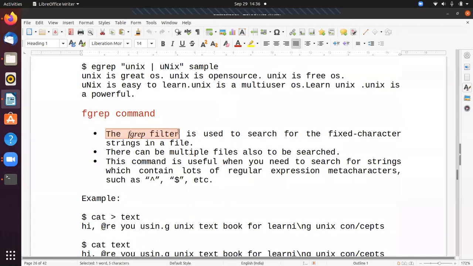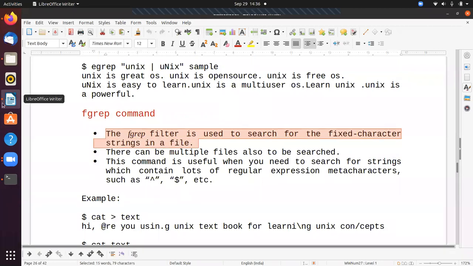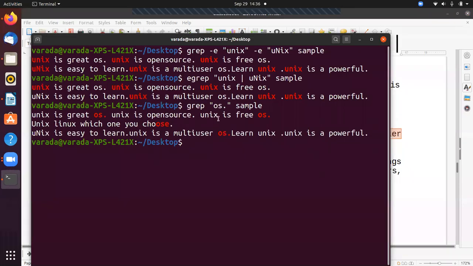The fgrep filter is used to search for fixed character strings in a file. Whatever you specify as a pattern, the same pattern is searched in the given file. So if I give OS dot, then the same OS dot characters are searched in the sample.